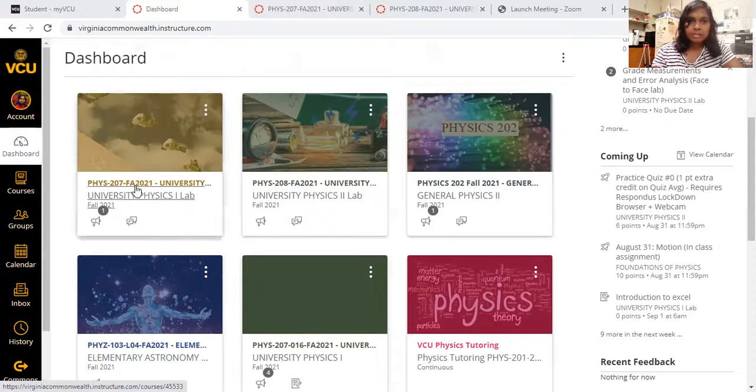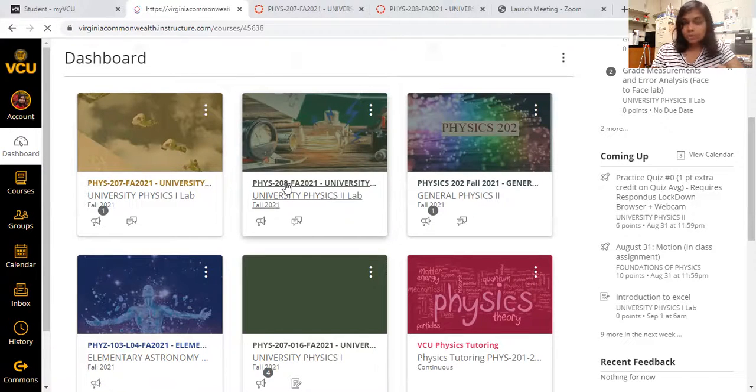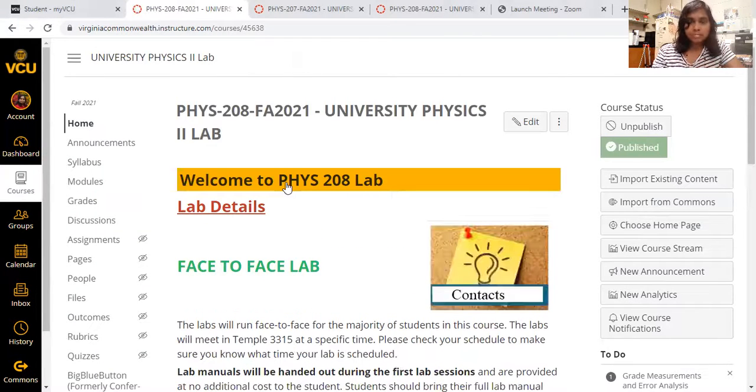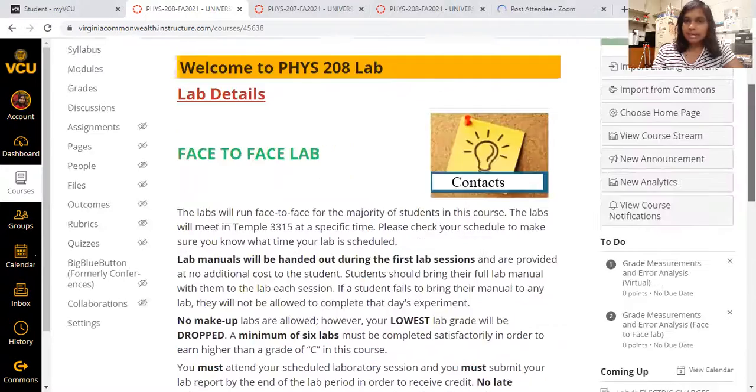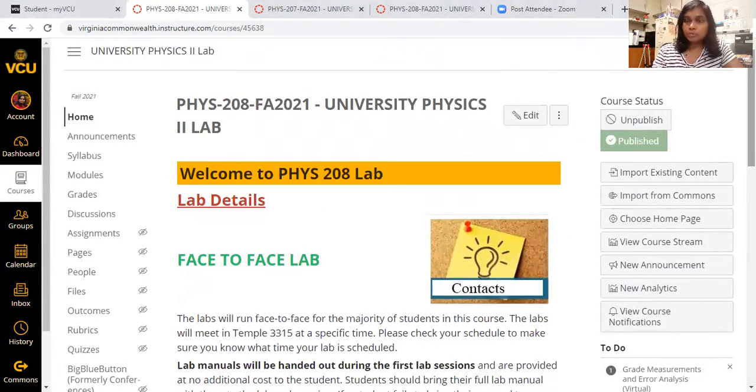Well, so here Physics 207 and 208, as I mentioned, each has its own separate course for you. So now let me open the 208 class. 207 looks about the same, so it should not be a problem accessing this in the same format. So here you have the contacts. If you click on this picture or if you scroll down, you can see the contacts if you need them. Click on this one, and you will have access to our emails and the class details.